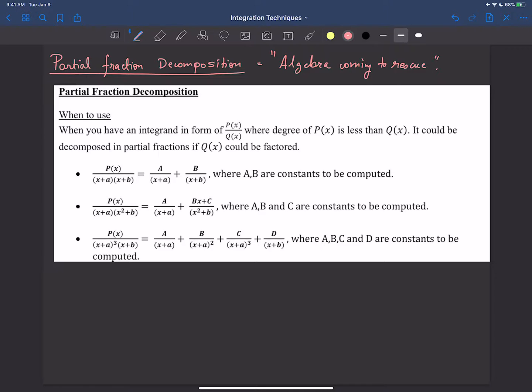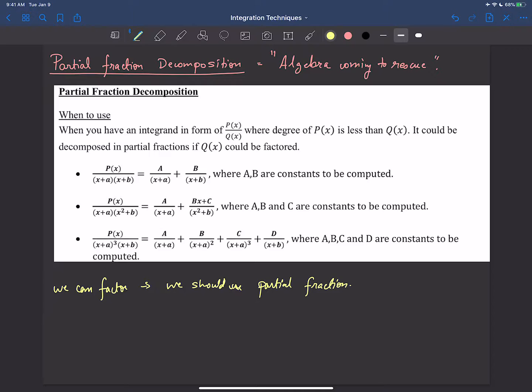And then we concluded that whenever we can factor, we should use partial fractions. So now, before we begin the method, I want to give you a bunch of disclaimers about this,